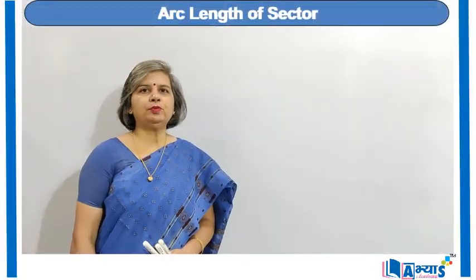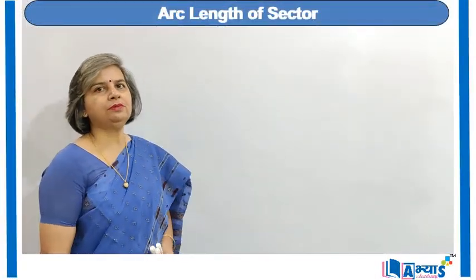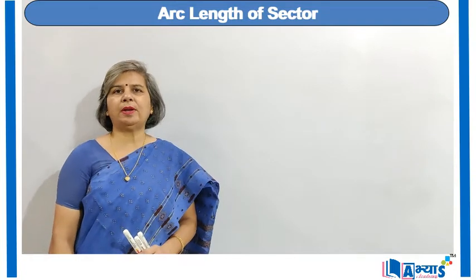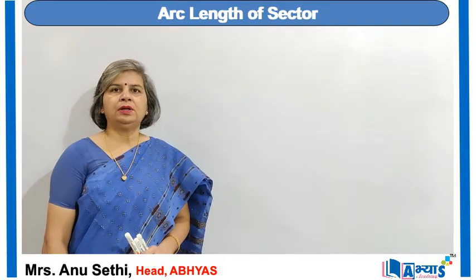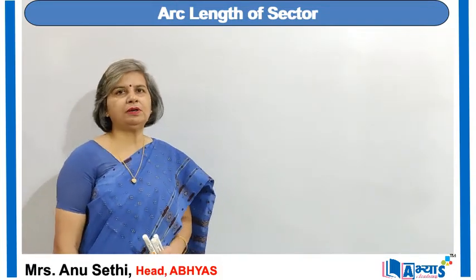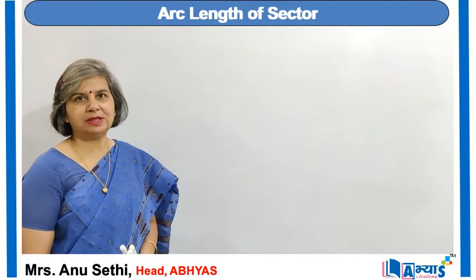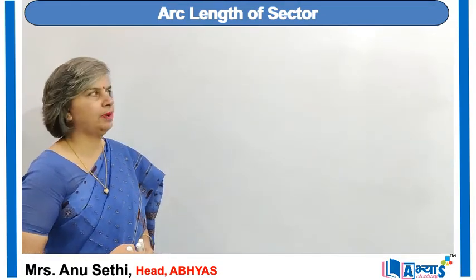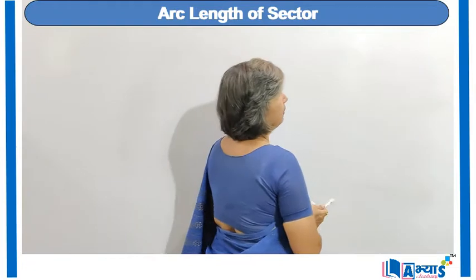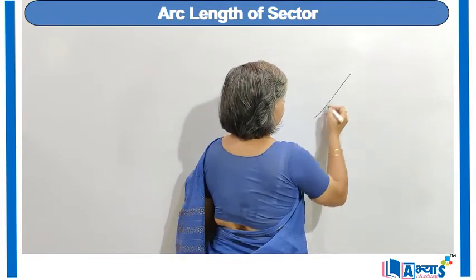Now let us try to prove the converse of the above theorem. The theorem was that in a parallelogram opposite sides are equal. Now we have to prove that if we are given a quadrilateral in which the opposite sides are equal, it is a parallelogram. We have been given a quadrilateral ABCD.